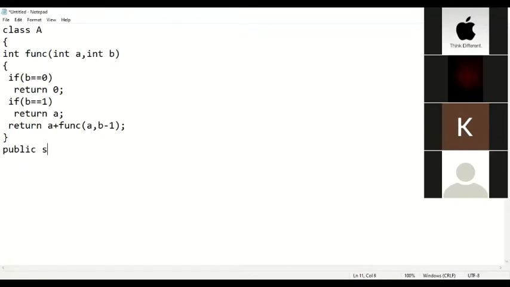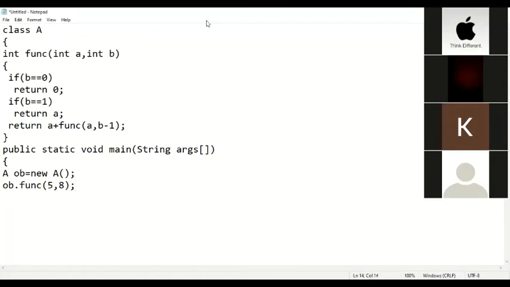Now we have to write main also here. Public static void main string args. Then I have to declare an object of the class A. Then I have to call the function ob.func with the value 5, 8.